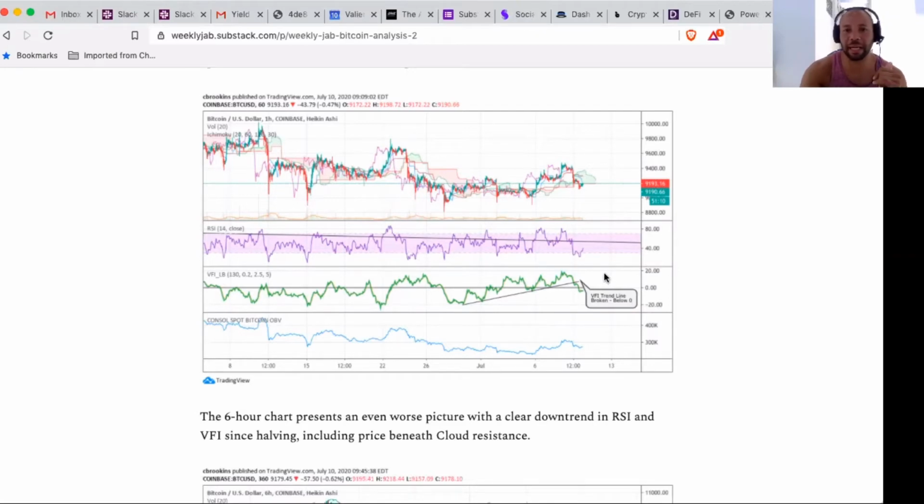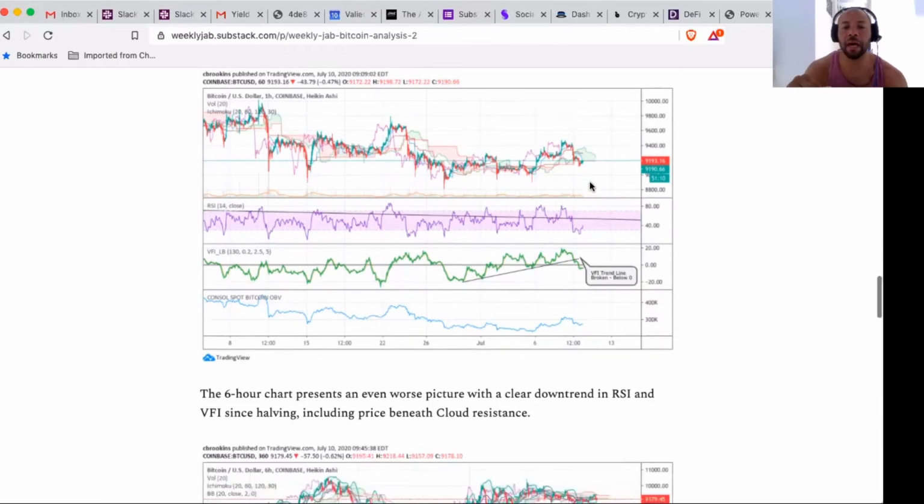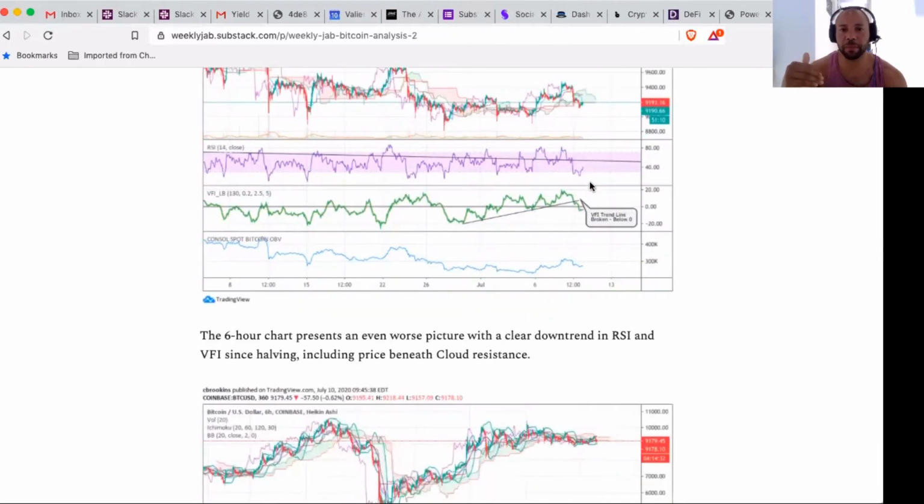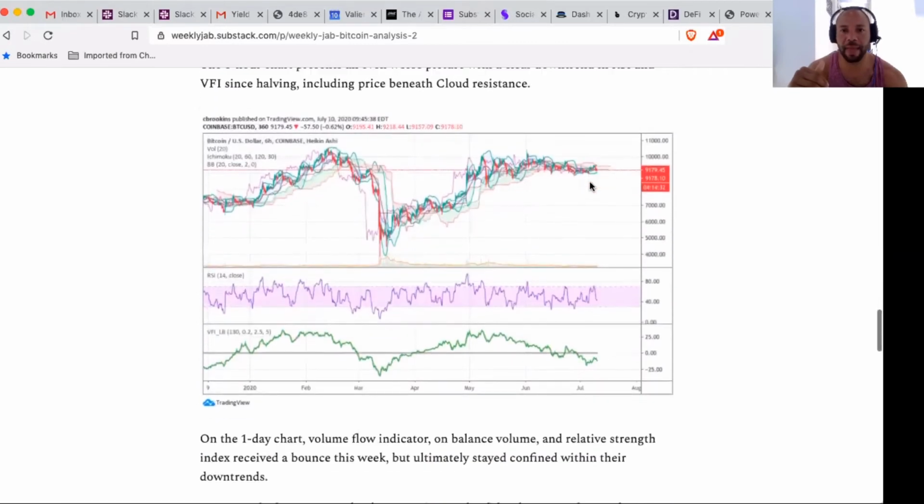So price might get a little bit of a bounce, but it's currently budging up into cloud resistance. Being above the cloud here is a bullish signal, but falling back beneath the cloud is a bearish signal. And now it's trying to get back into the cloud and breach above it, but it's hitting into cloud resistance. And at the time that I'm talking, it still failed to breach above that. So we'll have to keep a look on that.